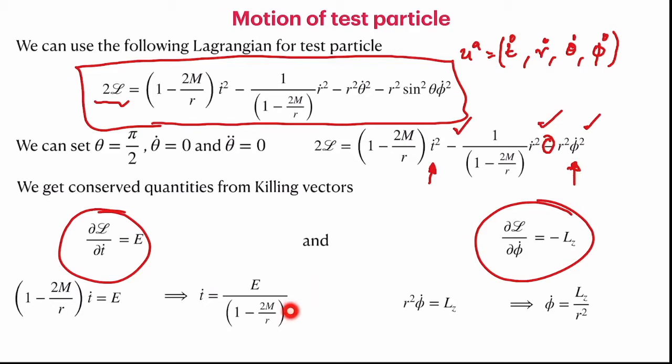Now you see that this blows up at r is equal to 2m. That simply means that we cannot use this coordinate system to study the equation of motion very close to r is equal to 2m. Then we have to use a suitable coordinate system which doesn't have a coordinate singularity at r is equal to 2m. That we will do later in the course to demonstrate that there is nothing wrong with the geometry at r is equal to 2m. It's just a coordinate artifact.